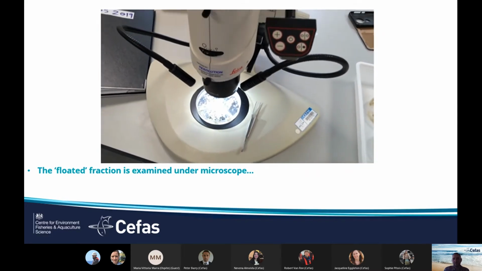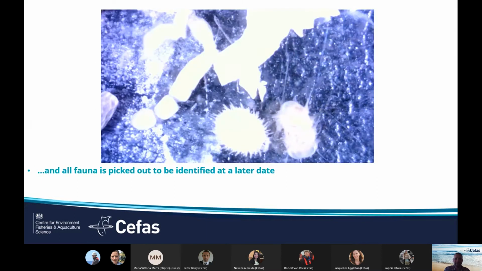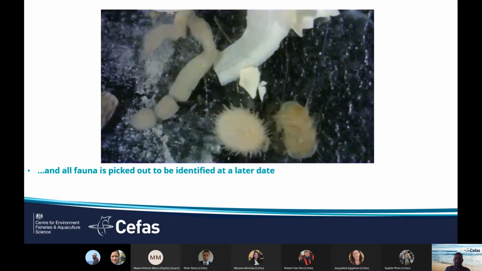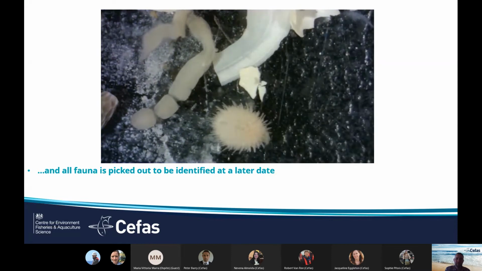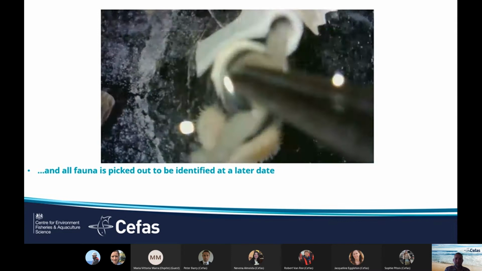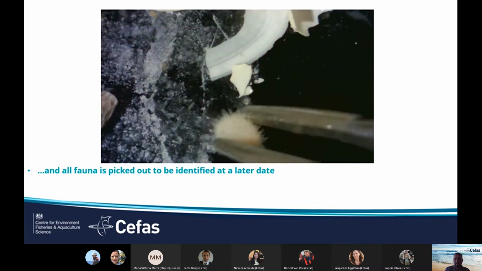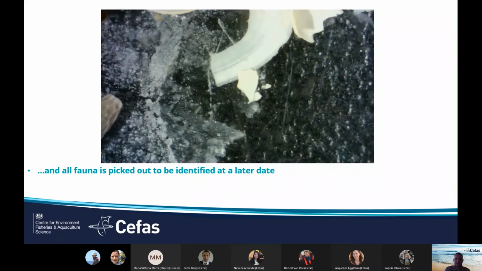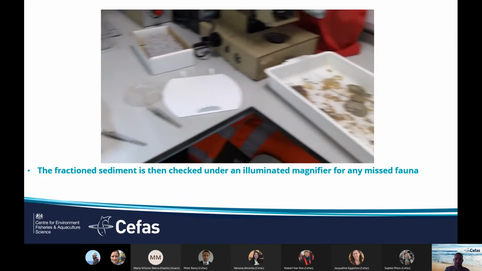In case you didn't know what a microscope looks like, there you go. And this is a video down the microscope of the kind of bits we find on the Petri dish. So a worm, a Maldanid worm, an echinoderm. That's all picked out for identification at a later stage, and then the rest is put onto trays,